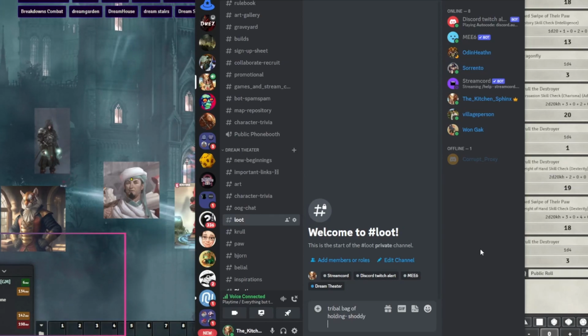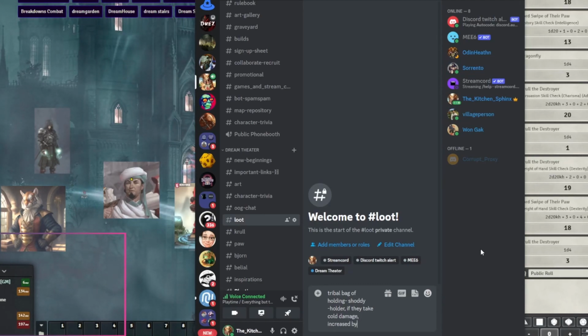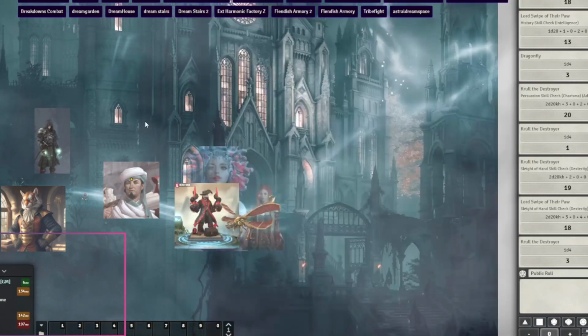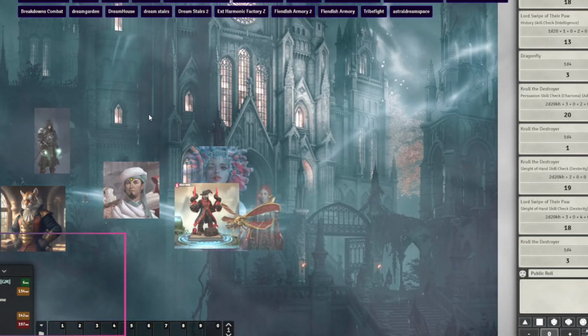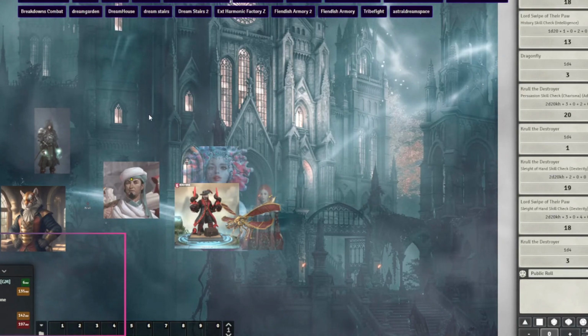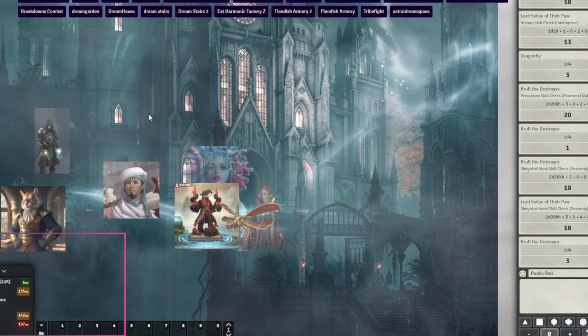Whoever is holding it, the holder, if they take any cold damage, that is increased by a d4 of cold damage. So this thing is made for the heat. It cannot resist the cold temperatures, and even just holding it, it metaphysically extends that quality onto the holder.